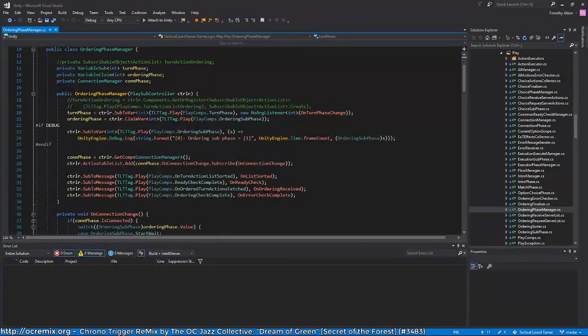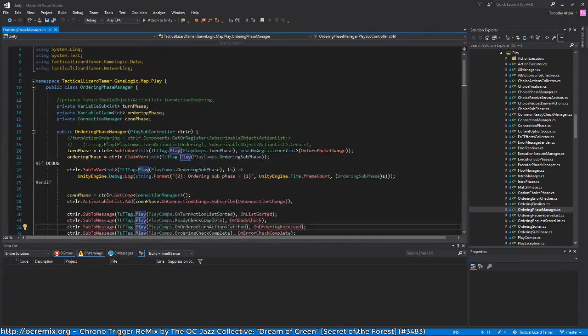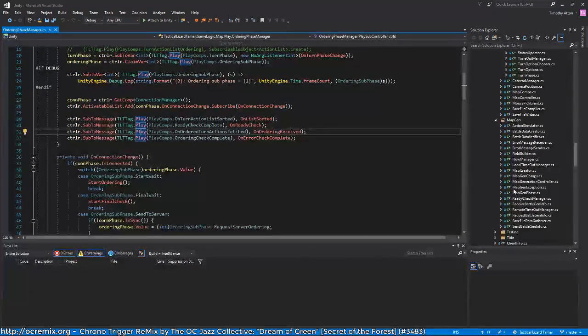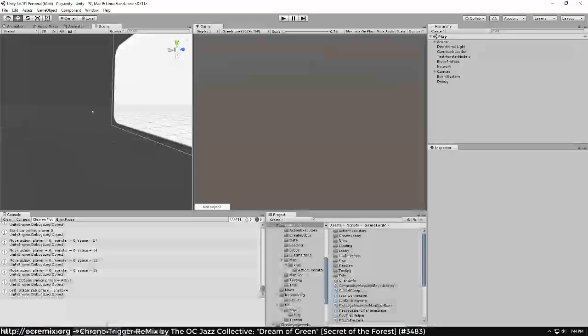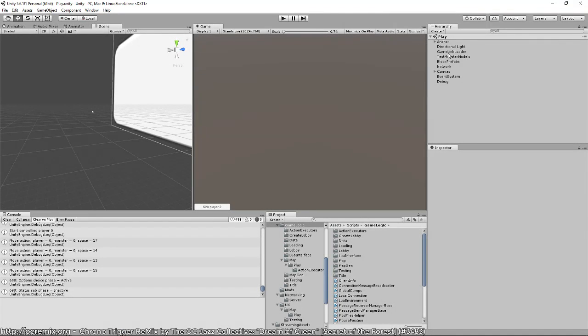Well, first of all, you can see this is a lot cleaner. Before we had to say controller, get component, message, subscribe, new simple listener, and now all you have to do is just use this function to subscribe to a message described by this tag, and then it will call this function here when it's ready. And it does it automatically, so you usually don't have to worry about adding it to activatable lists and cleanup and everything. And it's especially useful for these Unity objects that aren't directly tied to the rest of our game